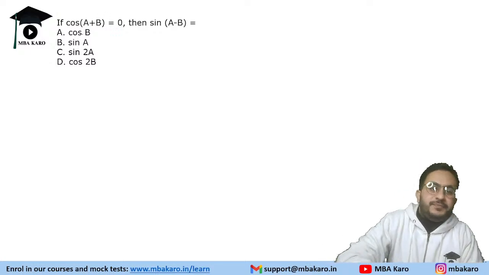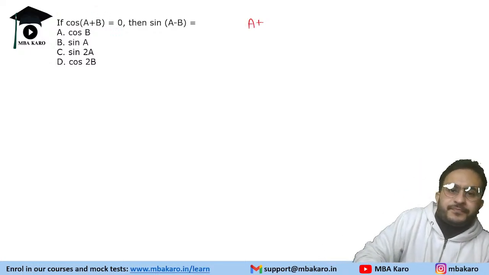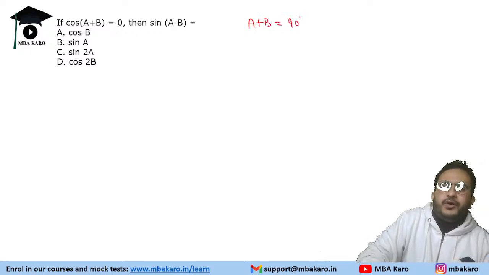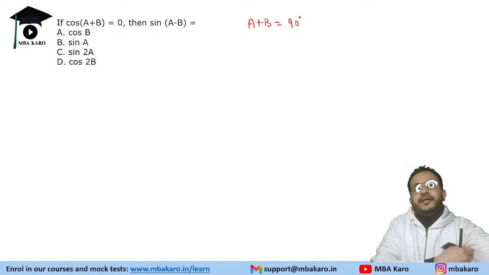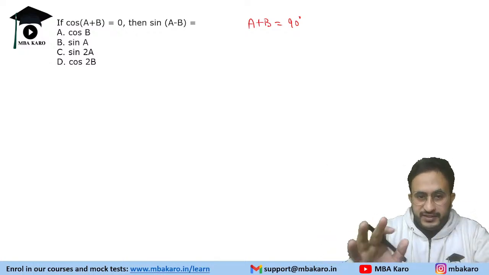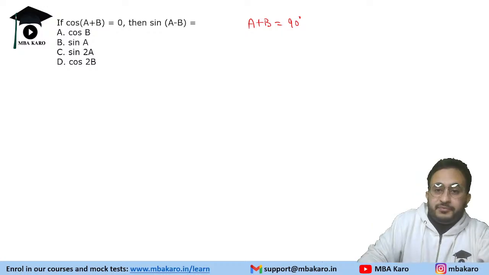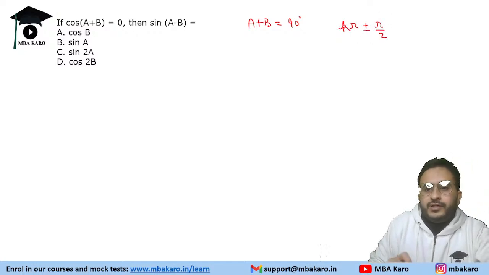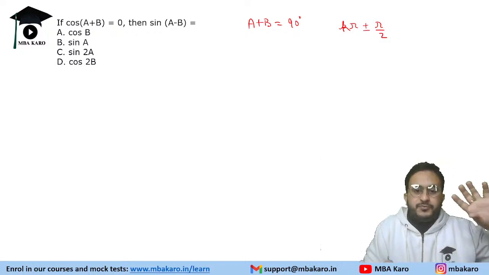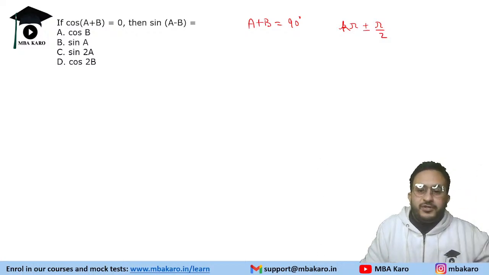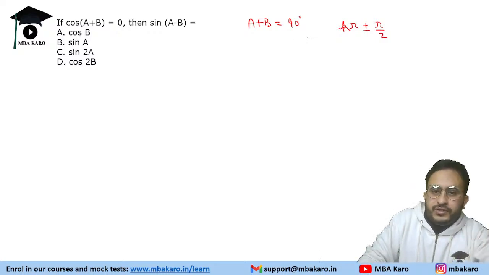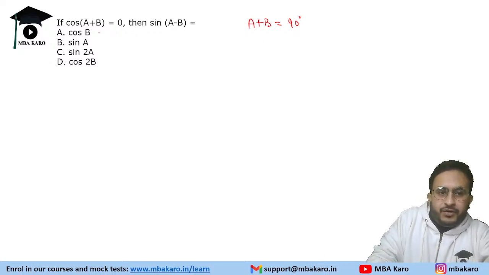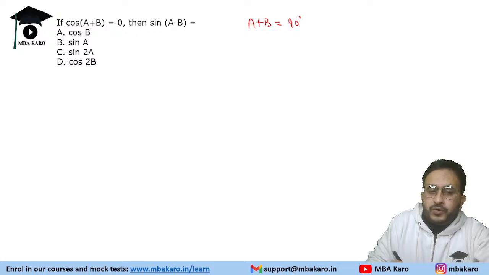So A plus B means that A plus B will be 90 degrees, right? Or rather, if we go into the intricate detail, then that becomes pi plus k pi plus pi by 2, right? This will be your actual relation. Now k pi, okay, when you go deep into class 11 12 trigonometry you will understand why pi was taken, okay. So simply take it as 90, okay, simply take 90. Now what you can do is you can put options and think like this,